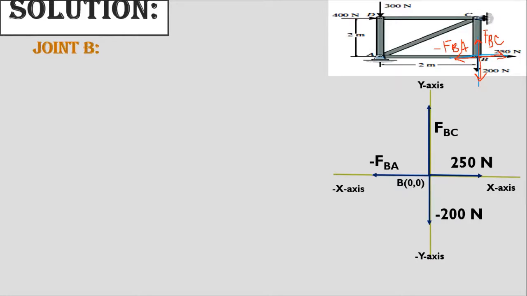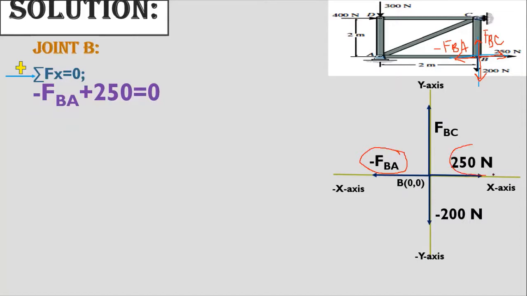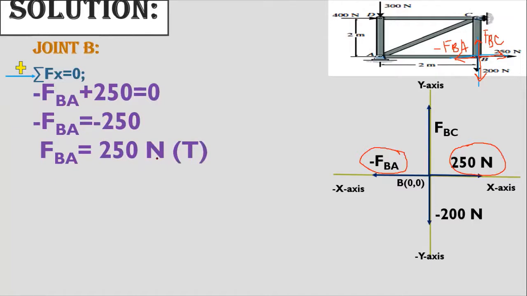First we have to apply equilibrium analysis, or you can say equilibrium equations. First of all, we are going to sum up horizontal forces. So how can we sum up horizontal forces? You can see horizontal force, this one is the positive direction, minus FBA. You can see here that this is minus FBA, and this one is the 250 Newton force. So we will add these two forces and we will get the value of member force FBA. So minus FBA equals minus 250, and FBA is coming out to be 250 Newton. And it is tensile force, the member force is in tension.